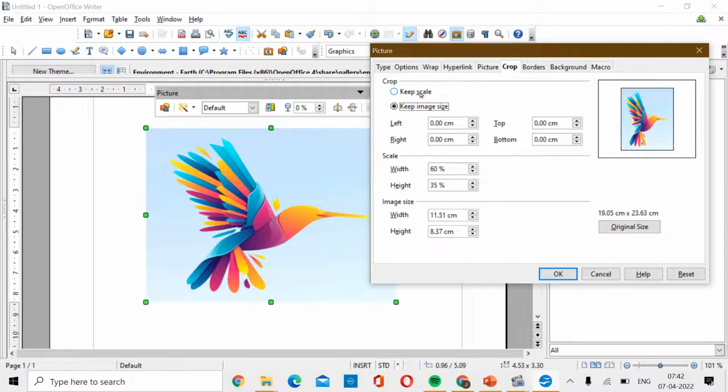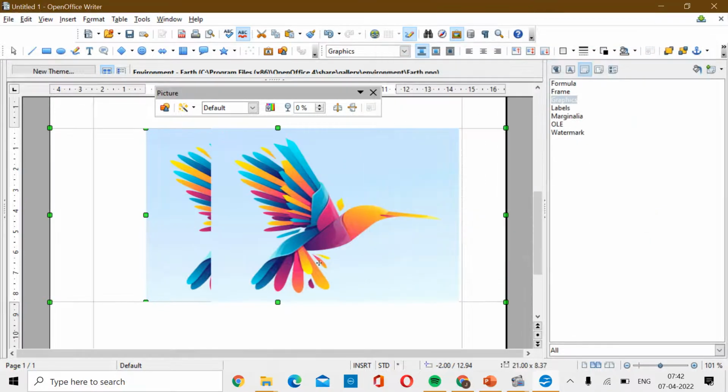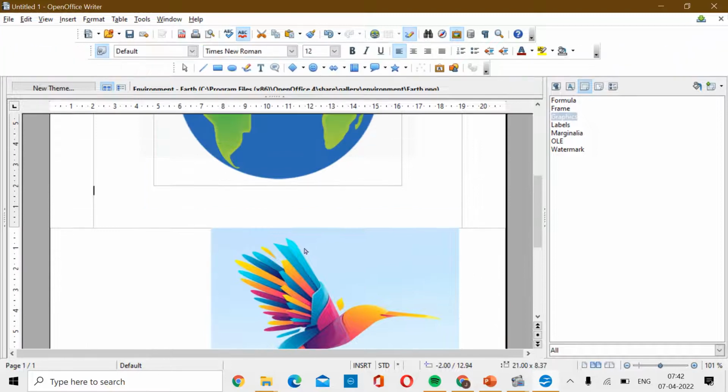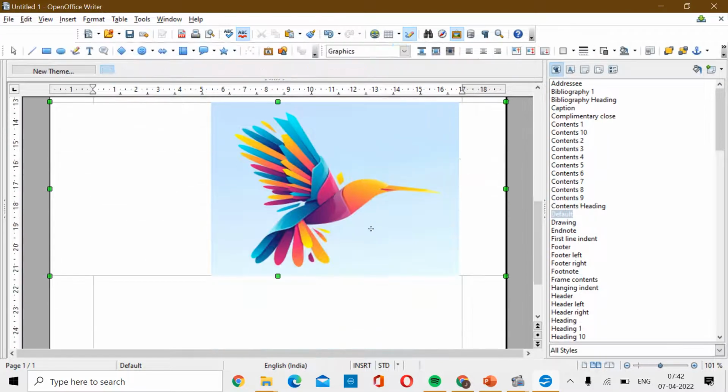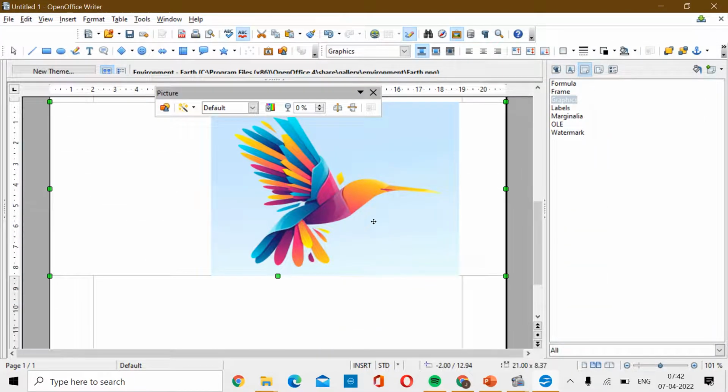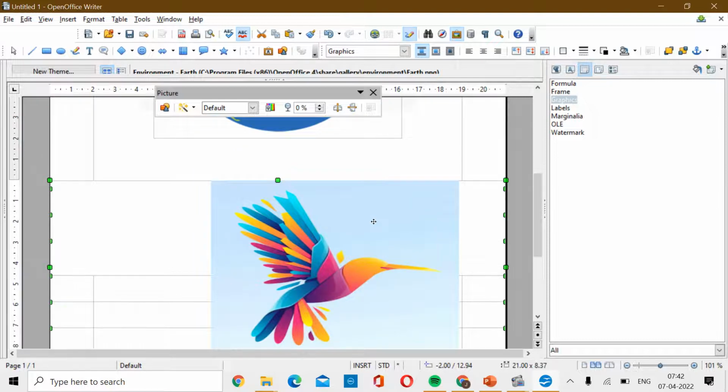If you want to keep the scale, you can click on this, or if you want to reduce the size, just see, I am cropping it from the left as well as the right position. Once I click on OK, just see the change in the file, right? So this is how I can crop my picture later on also. I hope this demonstration is clear to you.